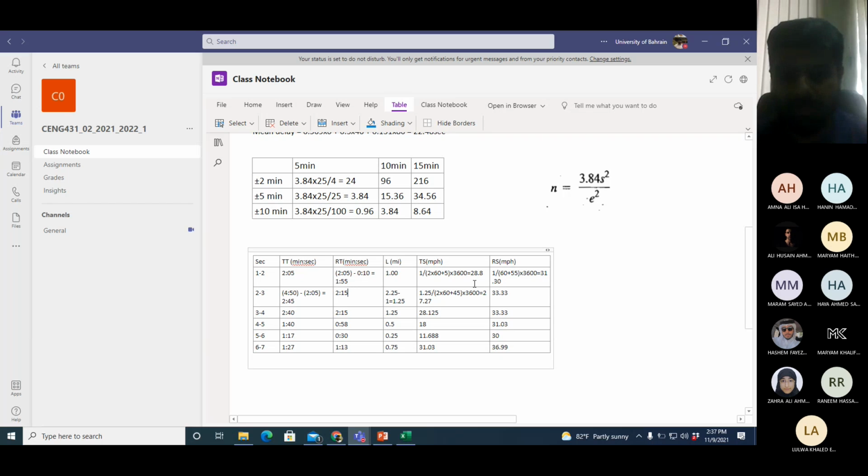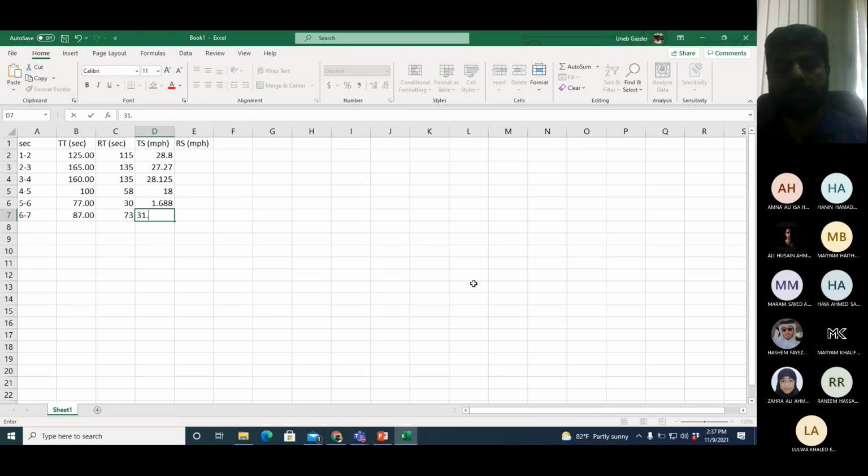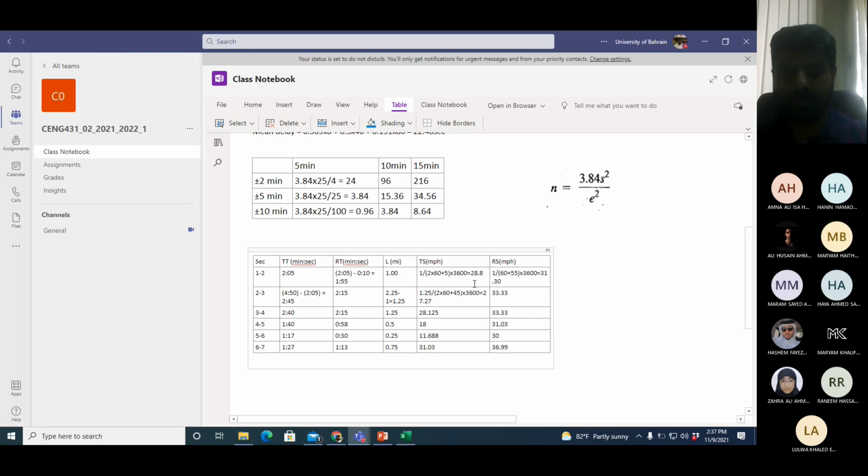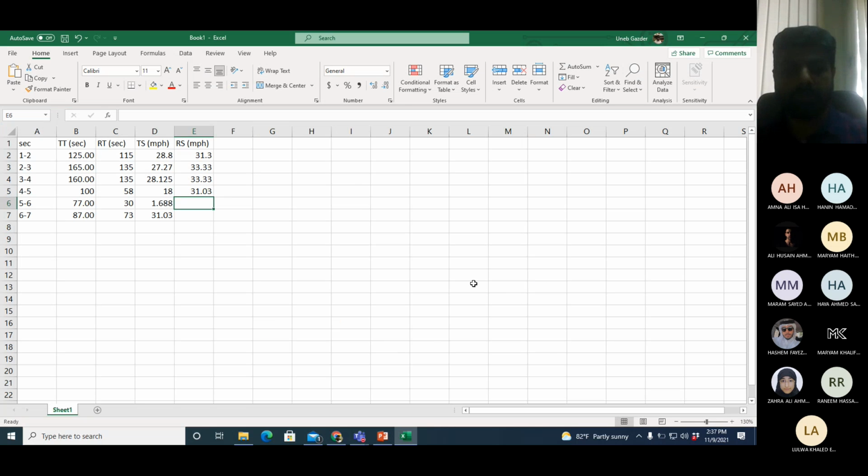If you don't have any numbers after decimal, don't worry about it. If you write it, don't write it. It doesn't mean anything to Excel. 31.03, 31.30, 33, 1.03, 6.99.